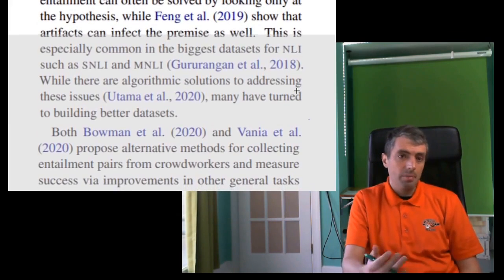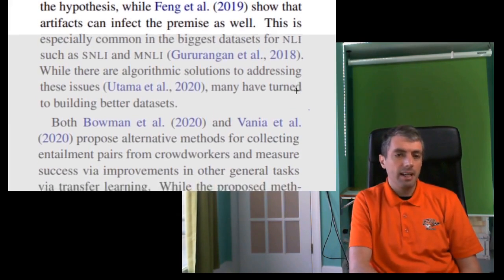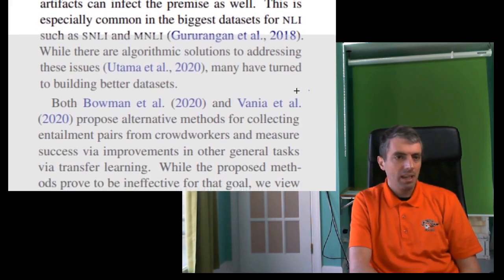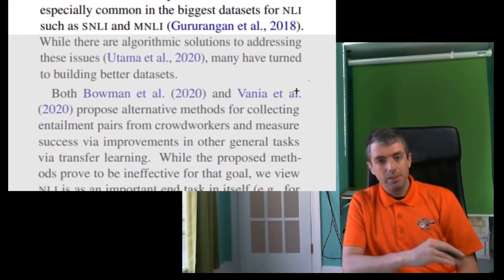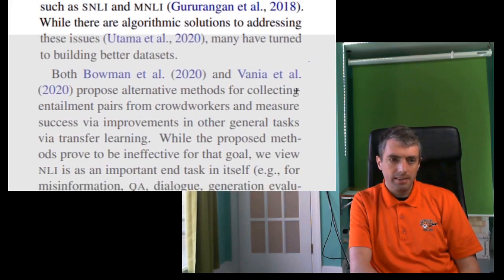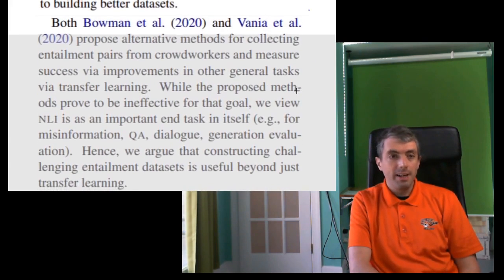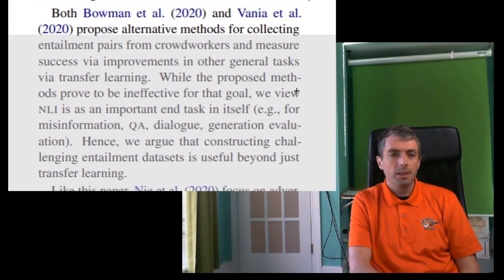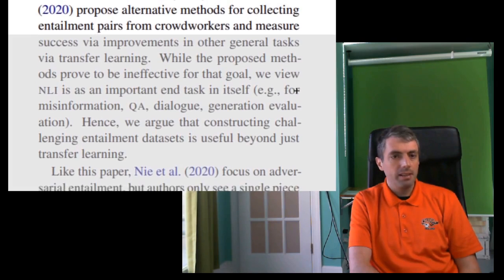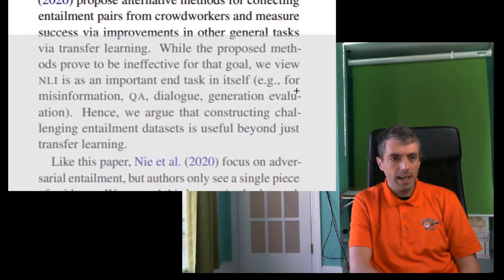This is especially common in the biggest datasets for NLI, such as SNLI and MNLI. While there are algorithmic solutions to addressing these issues, many have turned to building better datasets. Both Bowman et al. and Vania et al. propose alternative methods for collecting entailment pairs from crowd workers and measure success via improvements in other general tasks via